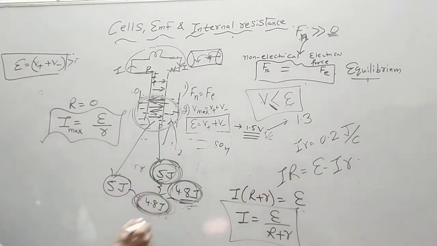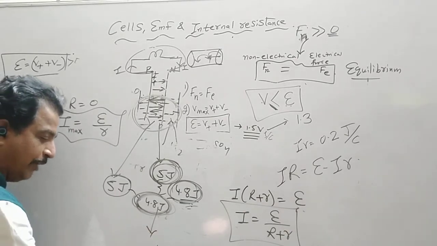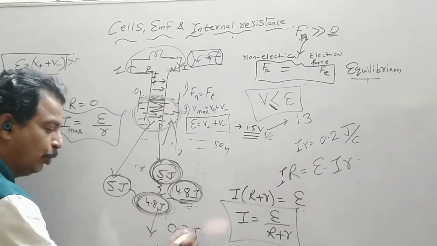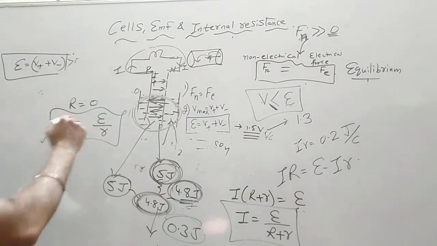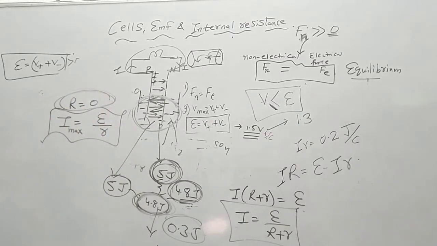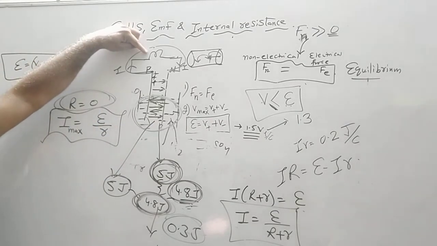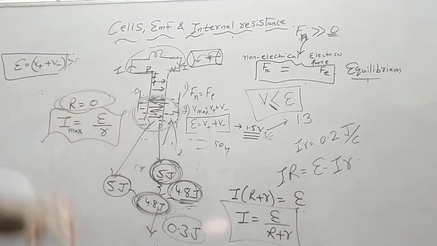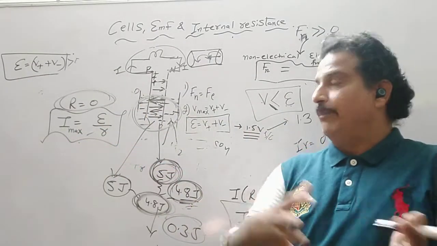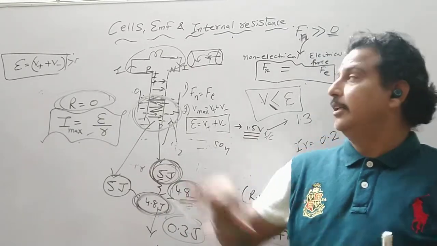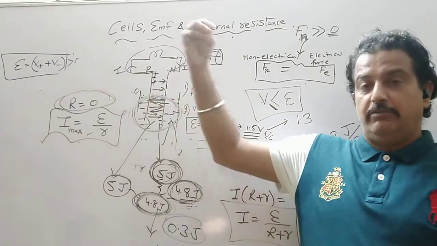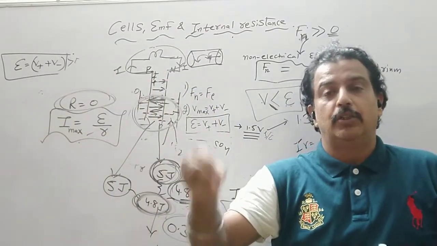Now if the bulb is only giving an output of 4.5 joule, again there is 0.3 joule loss of energy in an external resistance. However, if we assume that R is 0, the bulb which we have connected has 0 resistance, then maximum current will be drawn. So this is an expression for the maximum current drawn. However, you have to remember, if we draw a maximum current, then there is a possibility of damage to our device or whatever instrument you have connected to the cell.